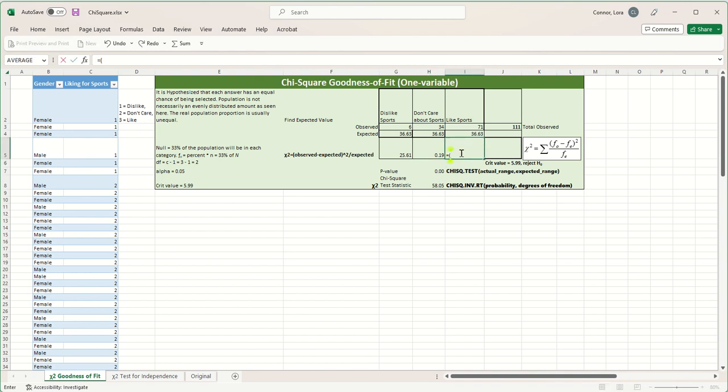Equals, parentheses, observed, minus, expected, close parentheses, squared, divided by expected. There we go. To get our chi-square value, you see the sigma here that looks like an E, which means add them all up. So equal sign, sum,